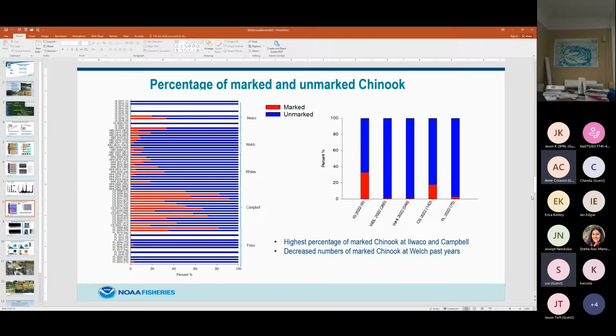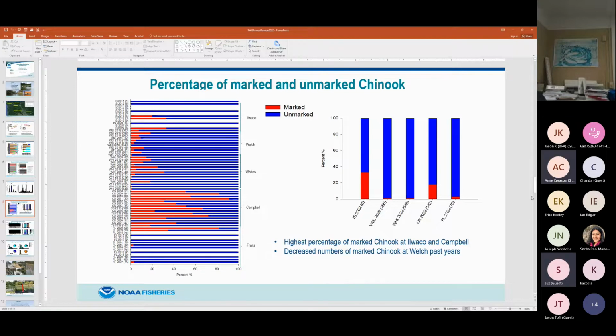And so then moving on to percentage of marked and unmarked Chinook, we kind of touched upon this a little bit, but once again, Ecological shows that we had the highest percentage of marked fish, I should say, but the most marked fish actually came from Campbell Slough again, like it traditionally does. We only caught 6 fish at Ecological. However, we're very proud of those 6 fish because